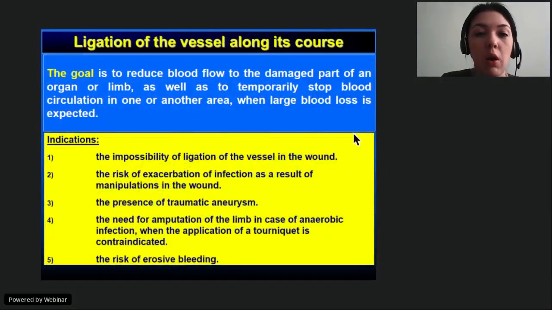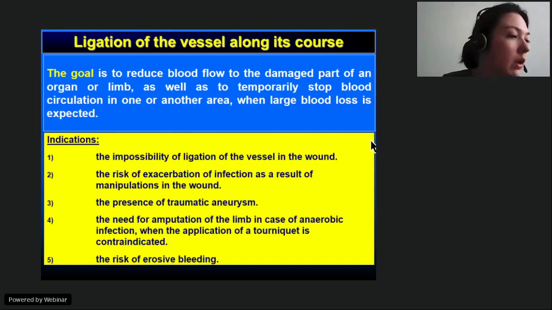Ligation of the vessel along its course. So the goal is to reduce blood flow to the damaged part of an organ or limb, as well as to temporarily stop blood circulation in one or another area when large blood loss is expected. So usually we ligate the vessel along its